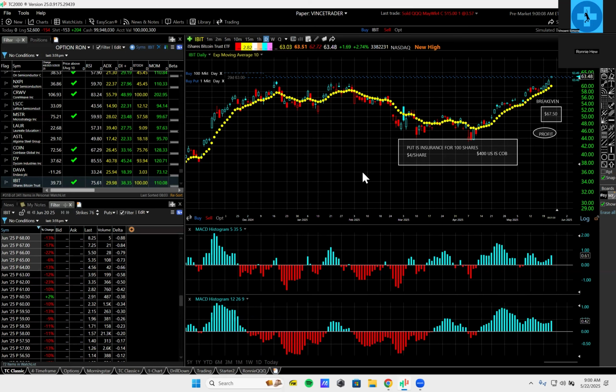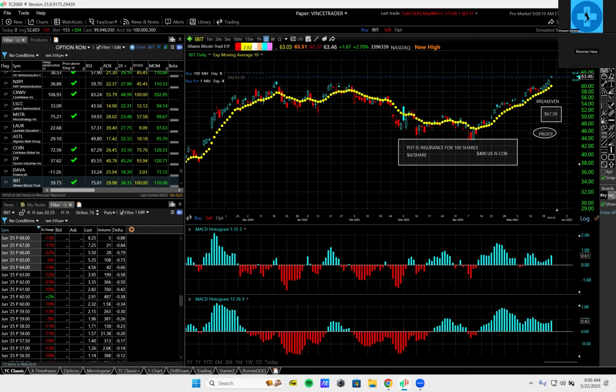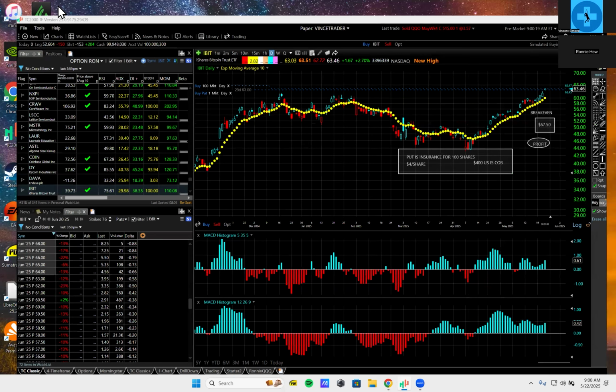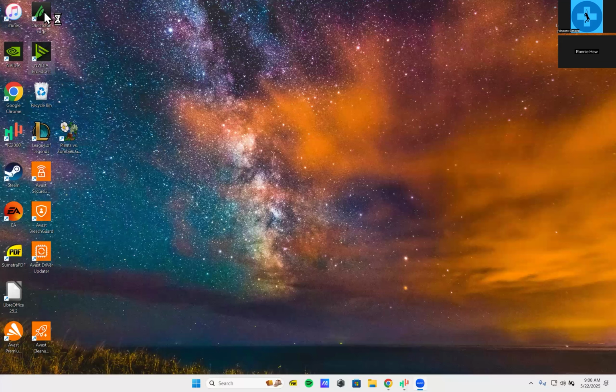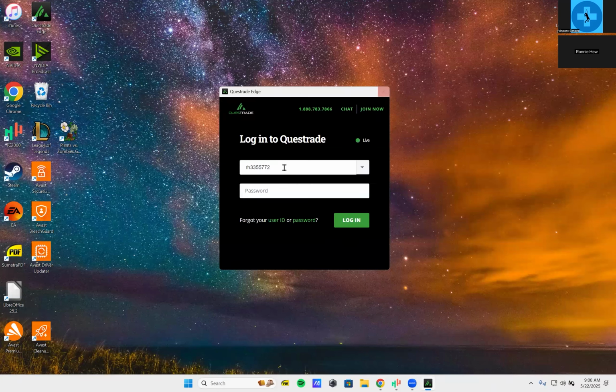So if we were to use leverage, for example, like 5x leverage, we would also be purchasing more puts. You're right. Let's check this out. Let's go right to the leverage. When you're talking leverage, it means, how much money do you actually need to buy Bitcoin? What's the minimum amount of money required to buy Bitcoin by Questrade?